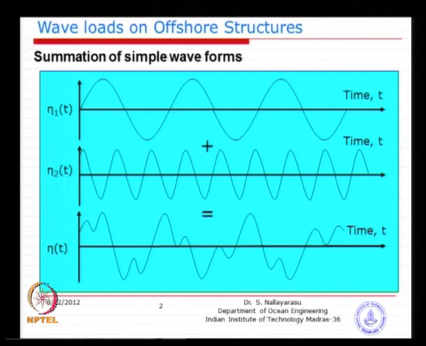A typical example: I have just given you two frequencies, 1 and 2, with different amplitudes, which could form something like this, but in nature you may have many more. So, you will have a range of frequencies from the bottom to top, which could be defined. If you have a specific site and do a measurement, you will find a certain range of frequencies. Not every frequency is available at every site. You go elsewhere, you may find some other range of frequencies. So, it is again site dependent and season dependent.